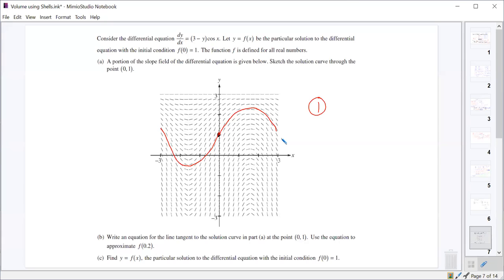All right, part B, write an equation for the line tangent to the solution curve. Now you've seen this, I think, in 3 straight problems. This is very common on the differential equation FRQs. Write the equation of the tangent line to the solution in part A at 0, 1. So we need a slope and we need a point. Well, we're given the point, right? The point is 0, 1. And the slope then should be